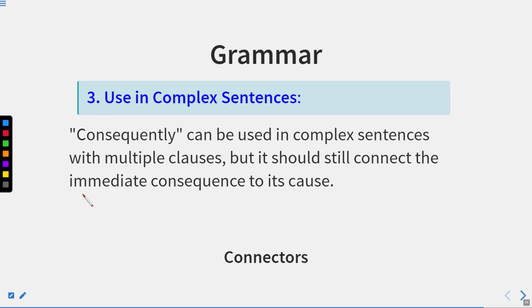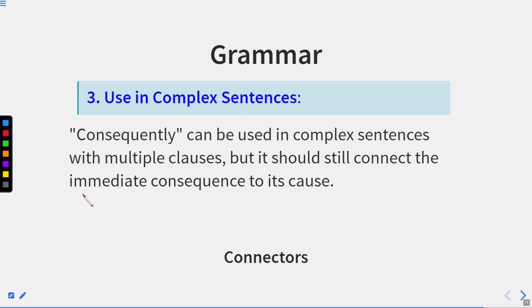Used in complex sentences. Consequently can be used in complex sentences with multiple clauses, but it should still connect the immediate consequence to its cause. Now, what happens? Consequently can be used in complex sentences. There are many complex sentences. Complex sentences are the two sentences that are joined together with the help of conjunction. So those are complex sentences. So you can use consequently in complex sentences as well. You can also use it in the sentences having the subordinate conjunctions, but it should still connect the immediate consequence